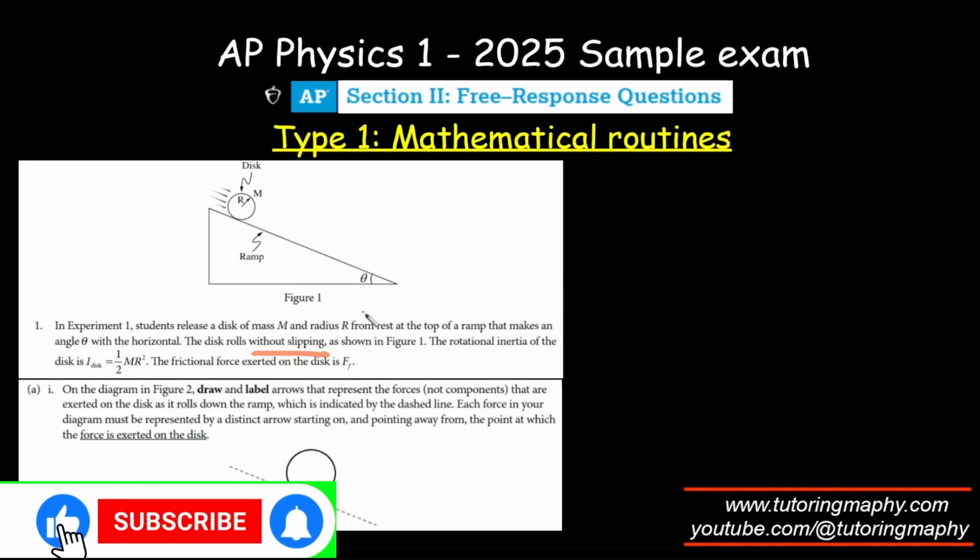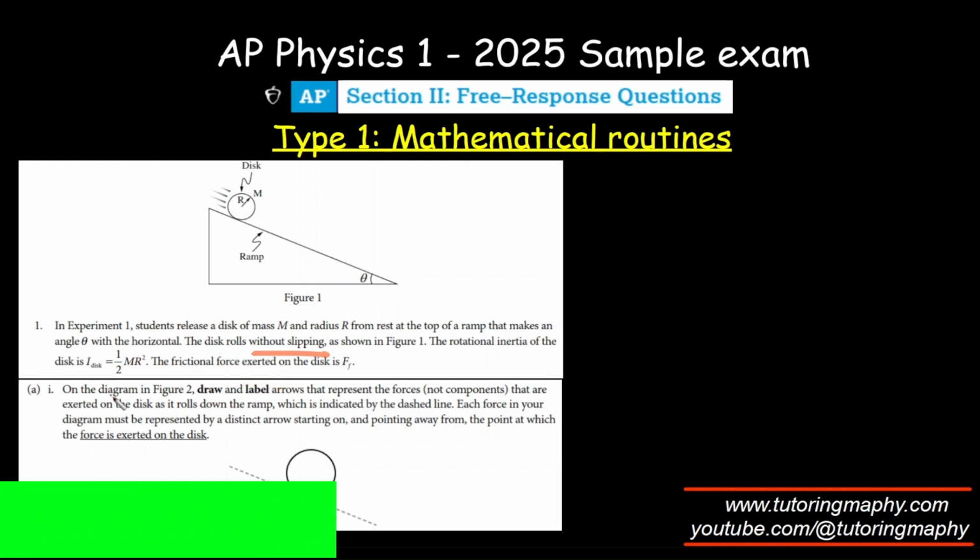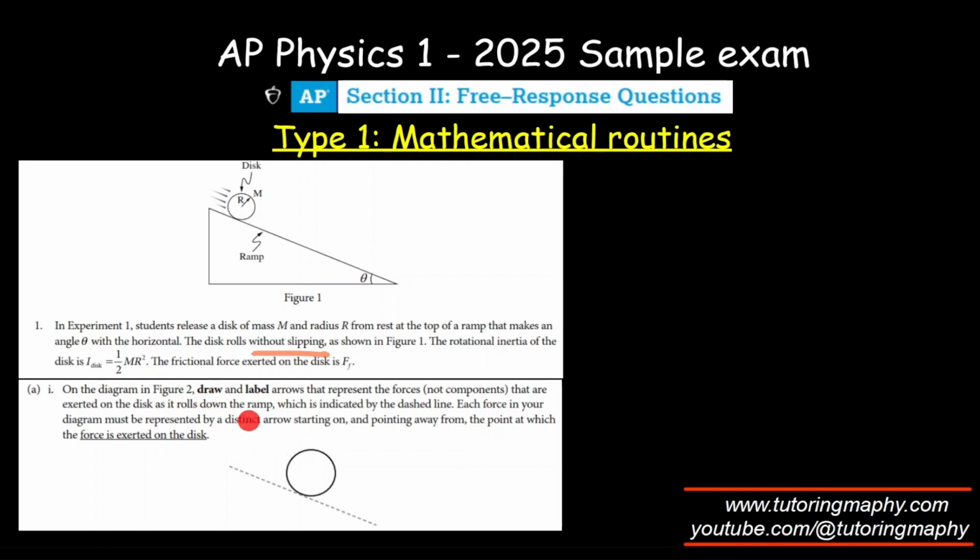As shown in Figure 1, the rotational inertia of the disk is half MR squared, and the friction force exerted on the disk is Ff. On the diagram, Figure 2, draw and label arrows that represent the forces, not components, that are exerted on the disk as it rolls down the ramp, which is indicated by the dashed line. Each force in the diagram must be represented by a distinct arrow at the point at which the force is exerted on the